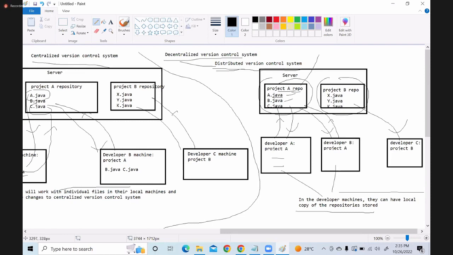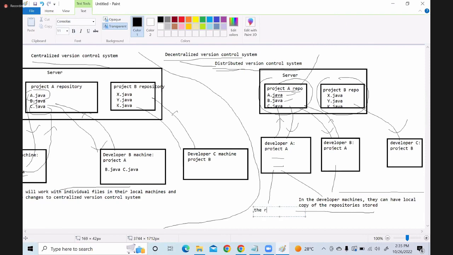With this, developers can work even offline. The repositories that are stored in these developer machines are called local repositories.